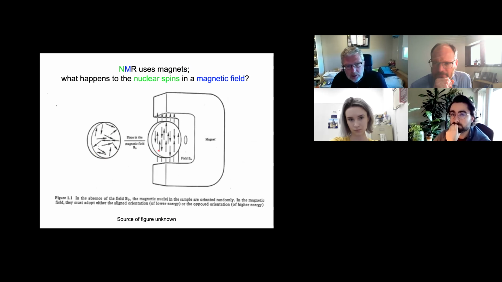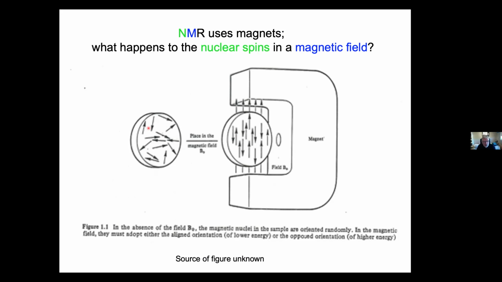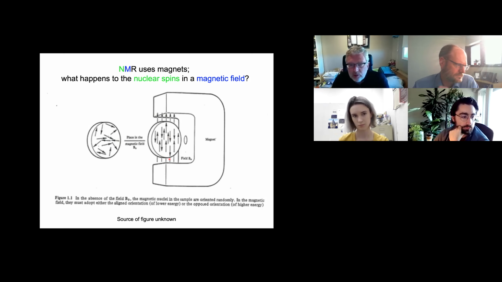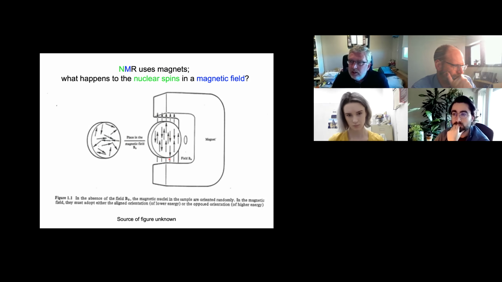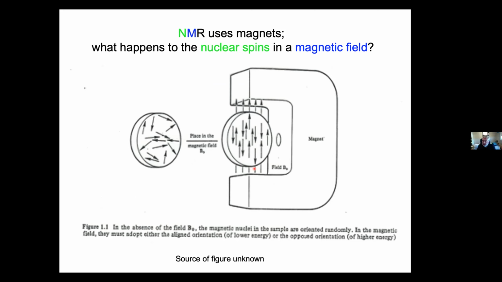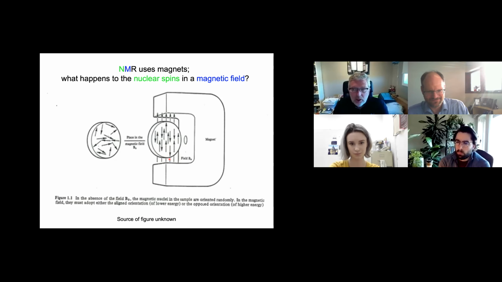And then this is the last thing I want you to look at, but nuclear spins are like compass needles. And when you place them in a magnetic field, they have an orientation. But if you look closely at it, you see that some point to the north and some point to the south, which is a little different than what you see with the compass needle. All right, so that's all I wanted to really say for today. This is where we're going to start off again on Monday, and then we're going to move